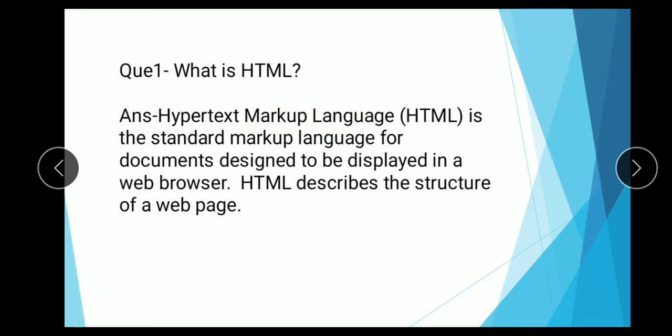Through this HTML, you create a web page, and the web page runs on a web browser. So simply, HTML stands for Hypertext Markup Language, and it is used to design a web page of a website.